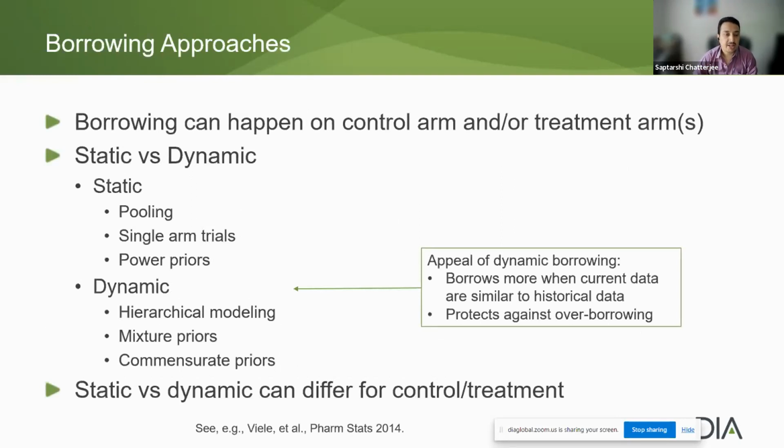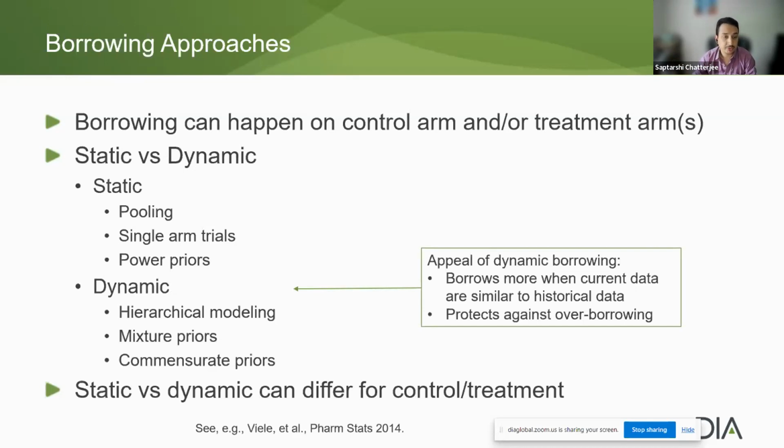So in the borrowing approaches, there are many different ways, and many different methods available in the literature for how borrowing could happen. And borrowing can happen not only on the control arm, but it can also happen in the treatment arms as well. Some of the borrowing methods are static, meaning there is basically a priori determination of how much borrowing